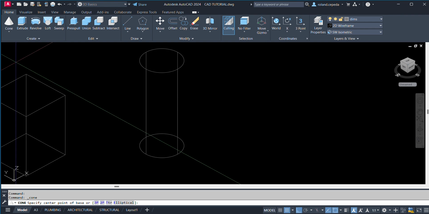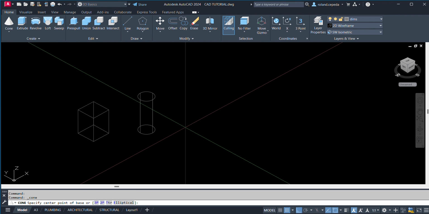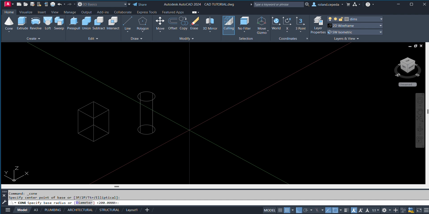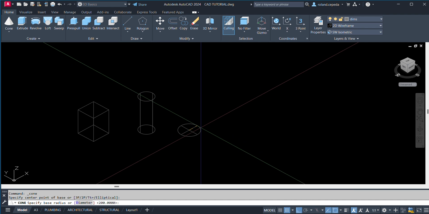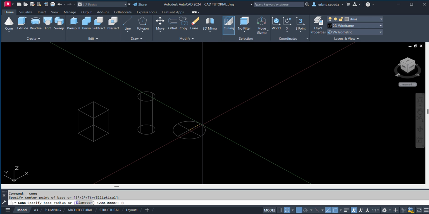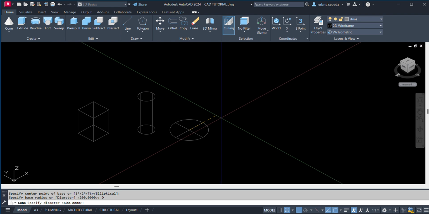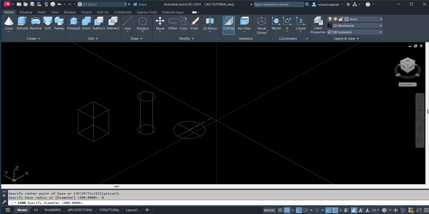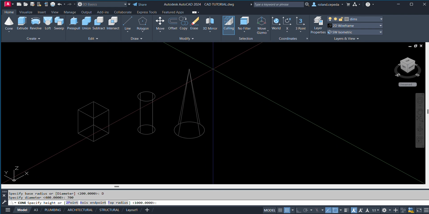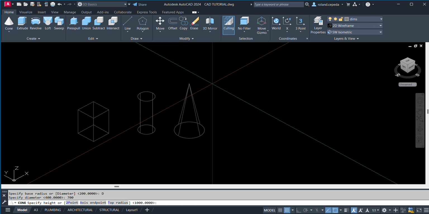So let us try cone. Just select cone and then specify center point of the cone, and then let us try D for diameter. Just select the D button of your keyboard and then space. Specify diameter. Let us say the diameter is 700 mm, space. And then specify height. Let us say the height is 500.